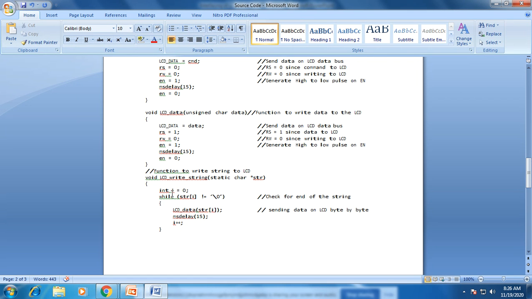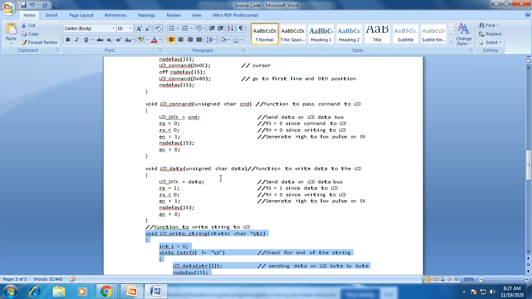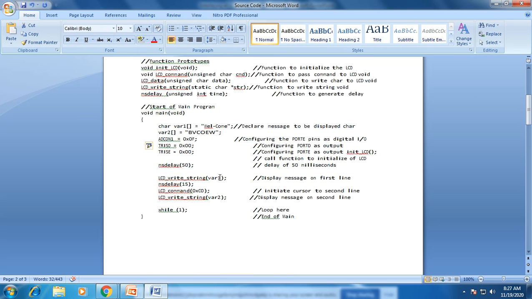So here you can see we will observe this integer i until your message is sent to the LCD. Whenever the complete characters are finished, then 0 will be compared with the integer i, and that will stop sending the data to the LCD. So here we will send the complete string in one function only. There is no need to send these alphabets to the LCD one by one.